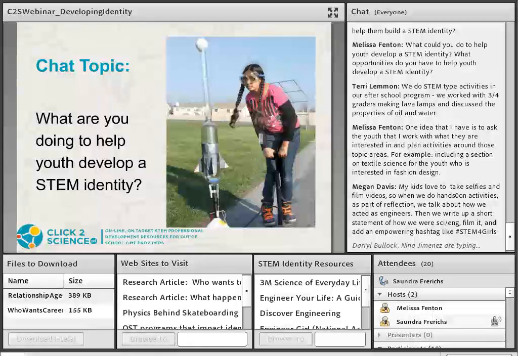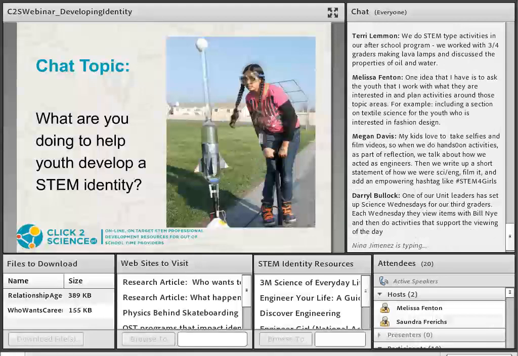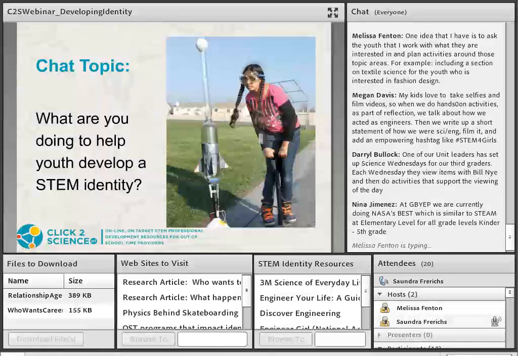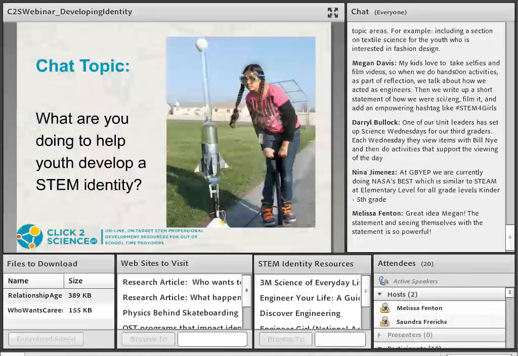It is not just important for student success in school, but a STEM identity also impacts every area of their life. So we want to help all of our students know that they are people who do science, that they can use science, that they can contribute to science and be part of this community of STEM professionals, people who use science, math, engineering, and technology every day to solve problems and to answer questions. And that's what we want to have for our students.